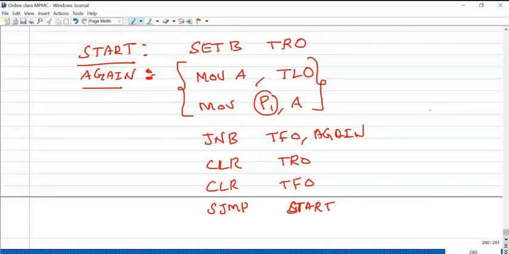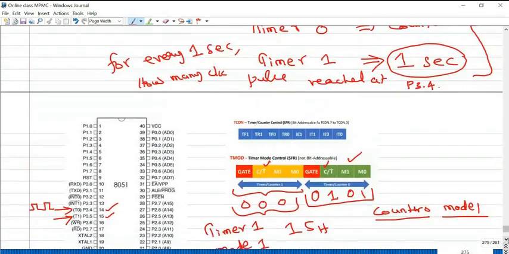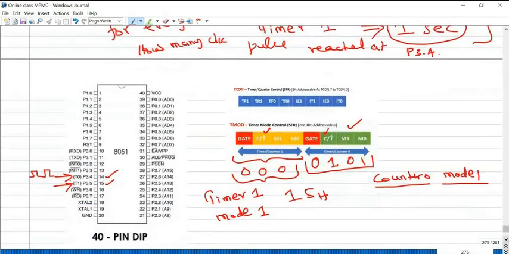So how to simulate the counter in the Keil software? The timer counts the clock pulses, that is, internal oscillator clock pulses. But the counter receives the clock pulses externally through this particular pin. See here, for timer 0 the T0 pin is used, and for timer 1 the T1 pin is used.